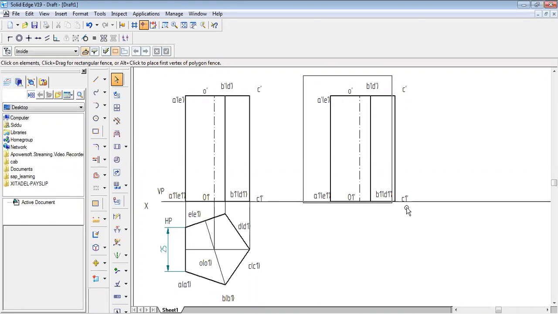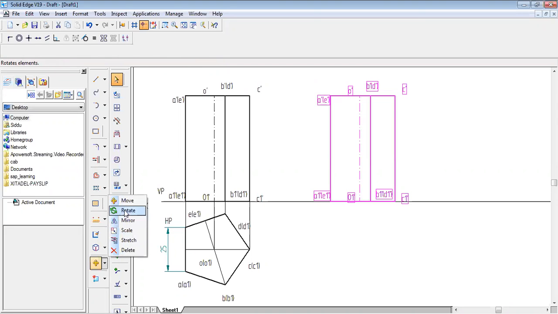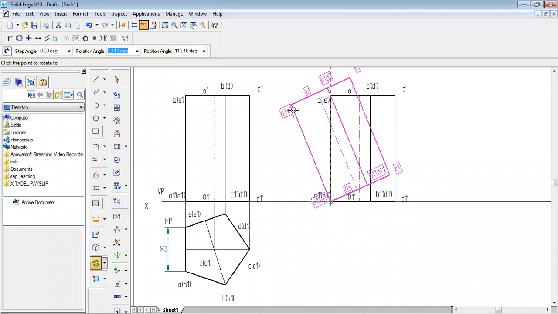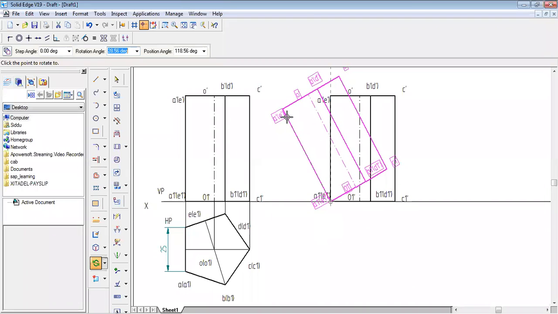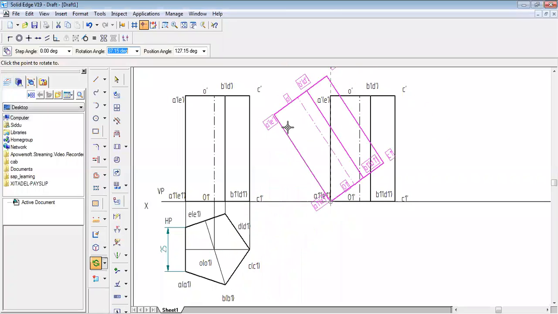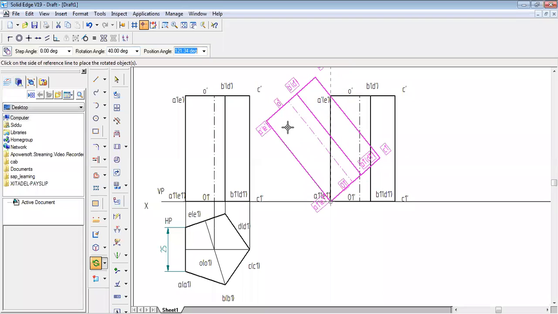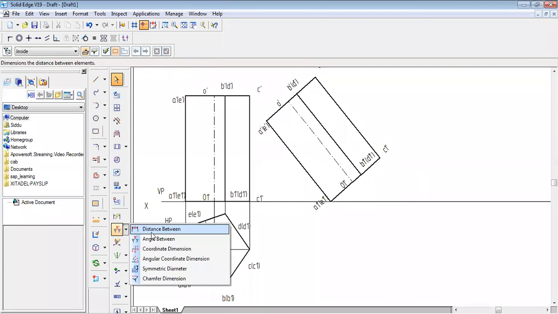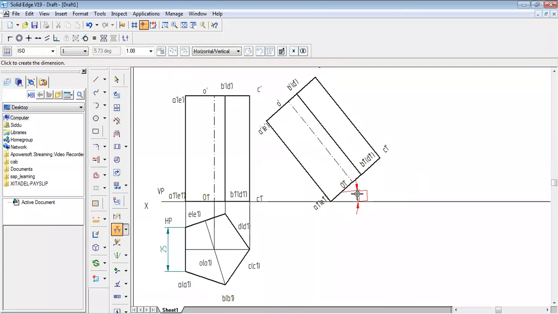Okay, so now I'll say rotate, keeping this as the center, this as the radius. The inclination is given in the problem as 40 degrees, right? So 40 degrees, I'll say 40. Now if you want to check, you just check the angle between this. 40 degrees. Hope it is clear now.